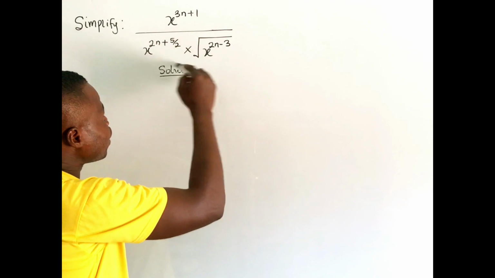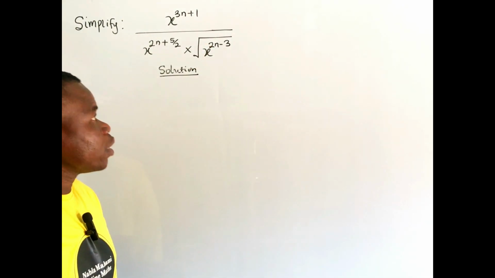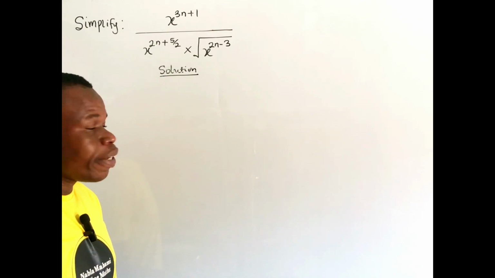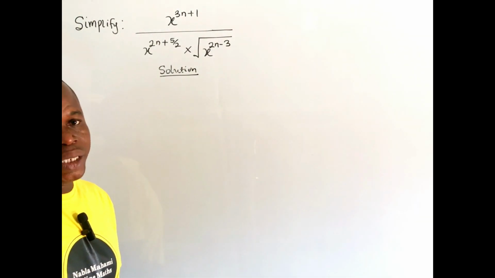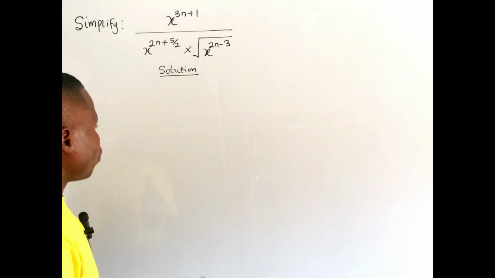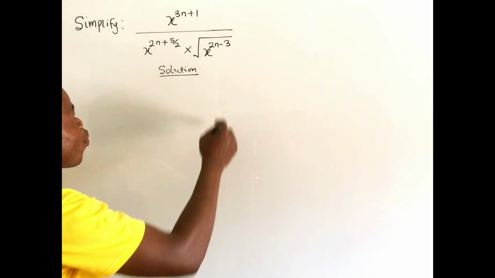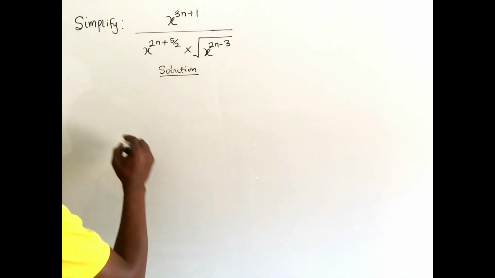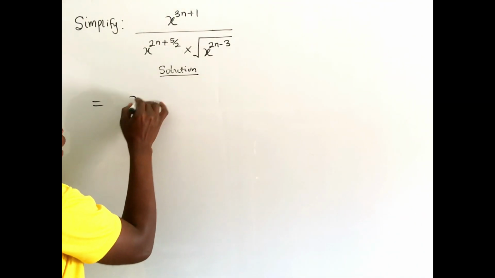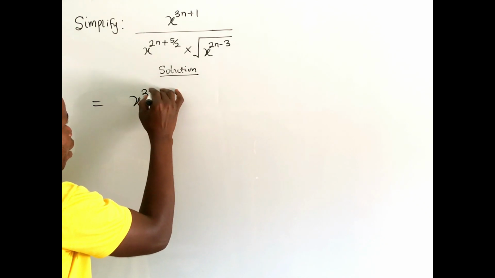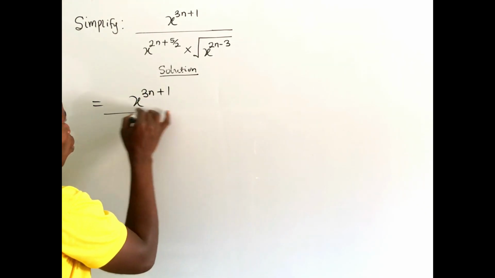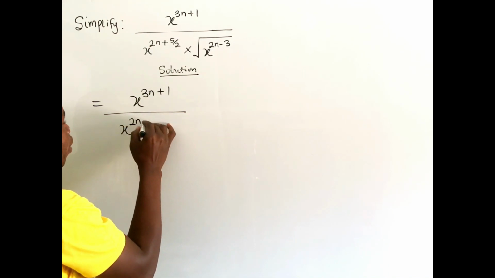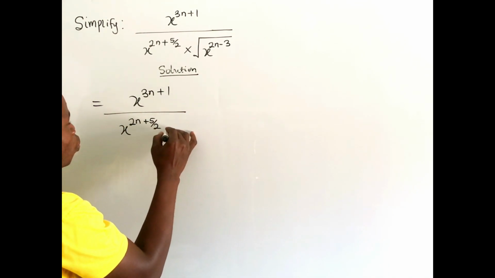To simplify this expression, first change the root sign to its respective index fractional form. What it means is that you have to rewrite this particular expression. And to rewrite it, we have x exponent 3n plus 1 all over x exponent 2n plus 5 over 2